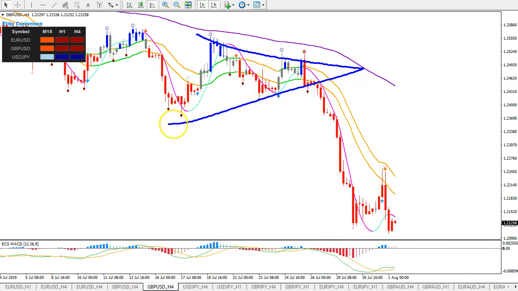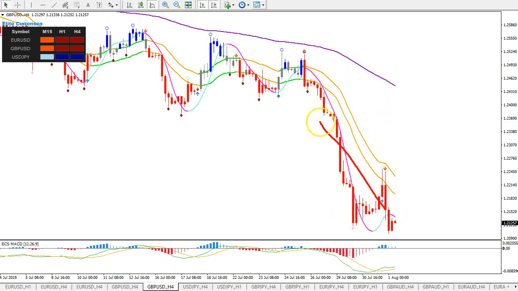Of course, there was a triangle here. That triangle broke. This was a trade I managed to catch, not the euro dollar, but the pound dollar, yes, and made a very strong fall. And you can see that with the red candles below the 20 EMA, everything aligned, short-term moving average down, and was indicating that